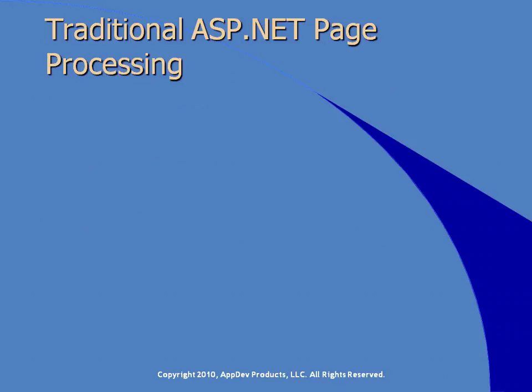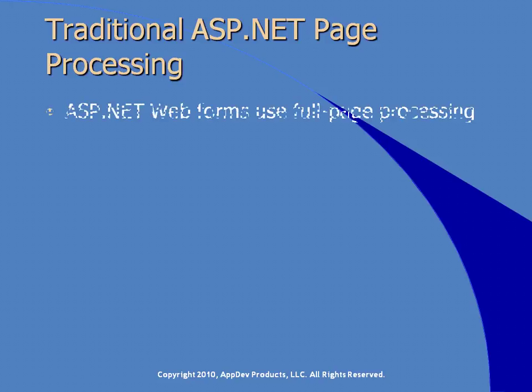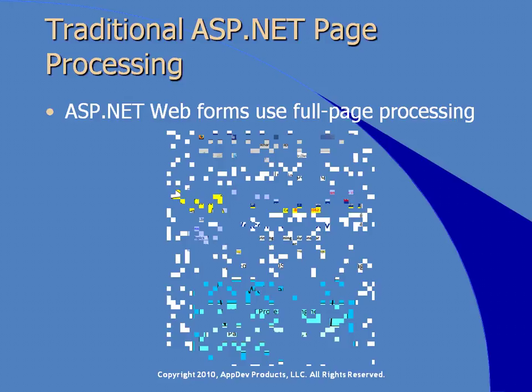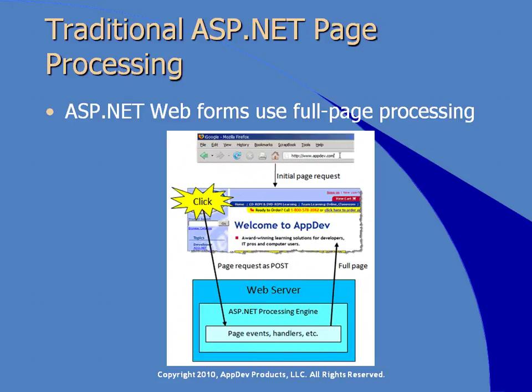Let's talk a little bit more now about traditional ASP.NET page processing. ASP.NET web forms use the traditional ASP.NET method of processing a page request or postback. And this is generally how that works. So the user begins by loading a page, such as by typing in www.appdev.com in the address bar of a web browser. That action causes the AppDev web server to build the home page and return the full page to the client browser. The user can then peruse the page, looking at courses and so